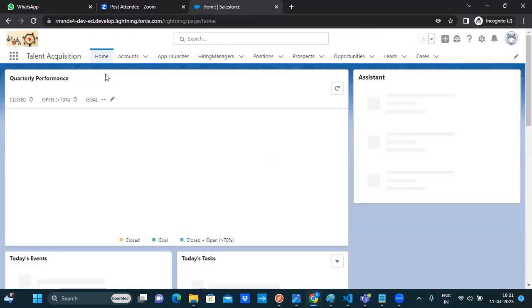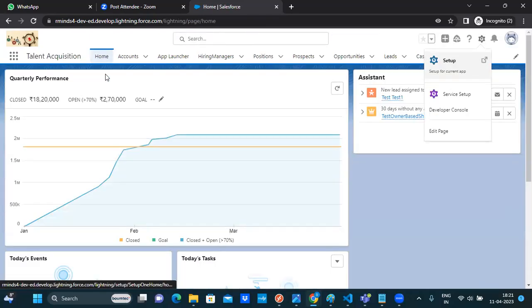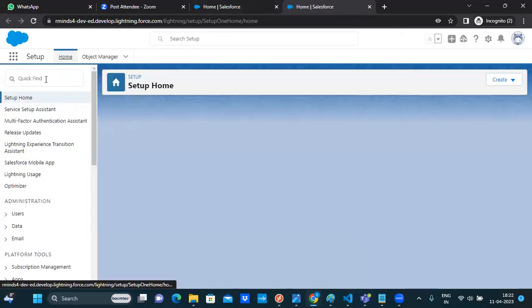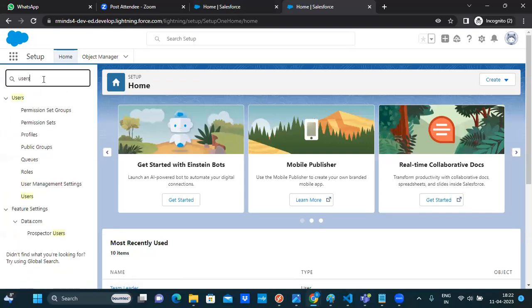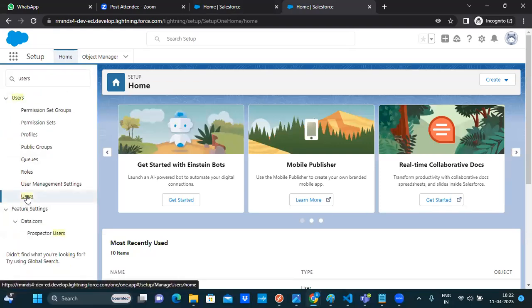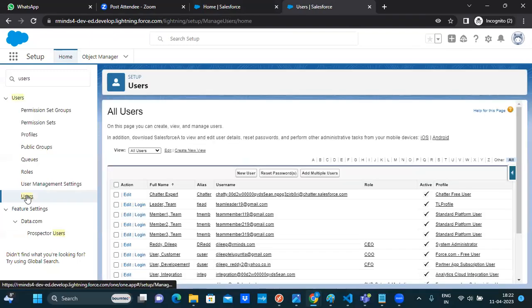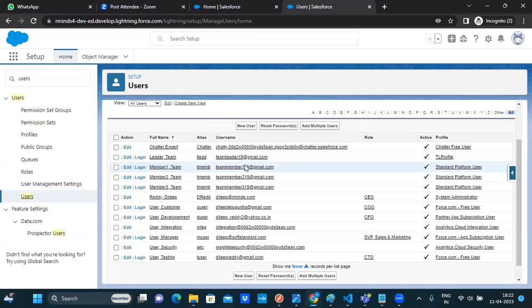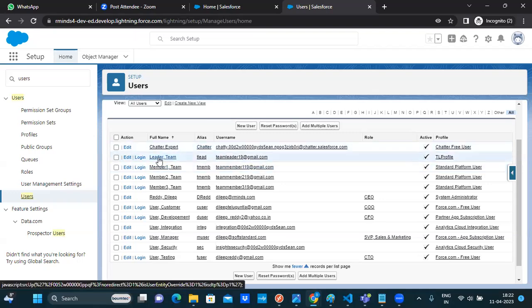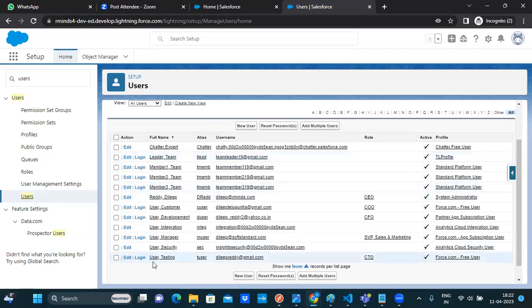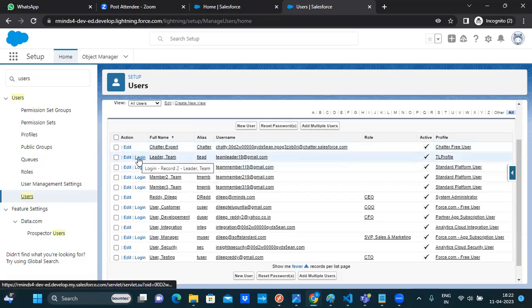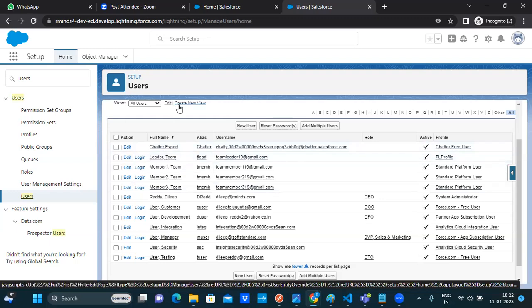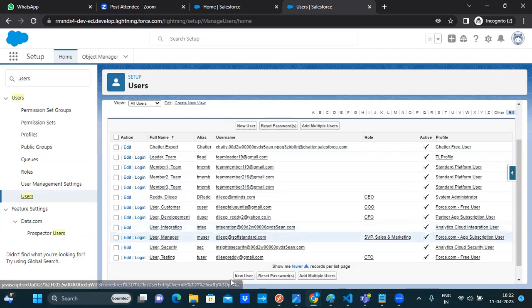Go to the setup again. Okay, now you can see the login, right? Once you have enabled the login access, all the users created by me have got the login access. Okay. So this is how you can enable the login link as an administrator. Okay. So now what we are going to do is,